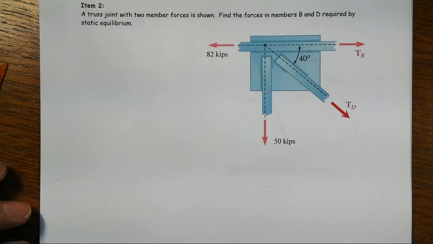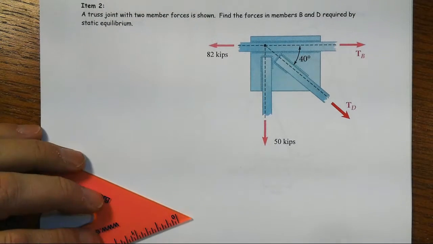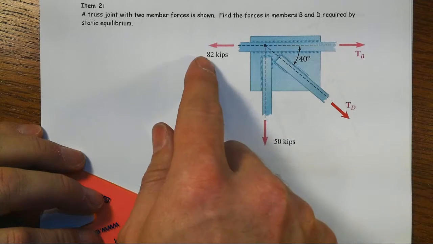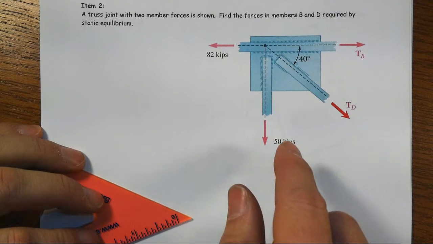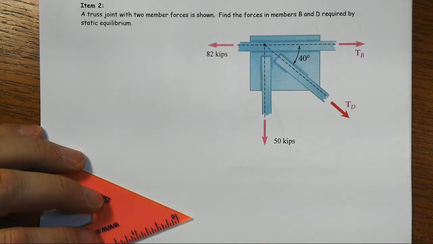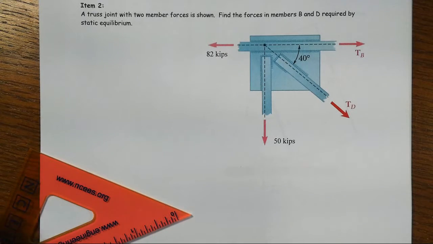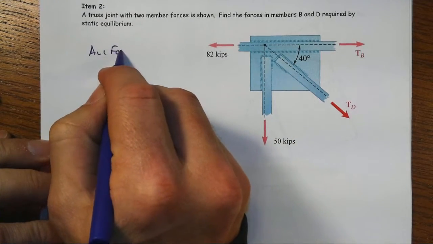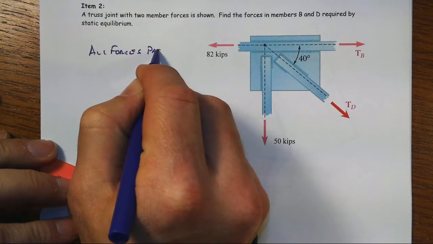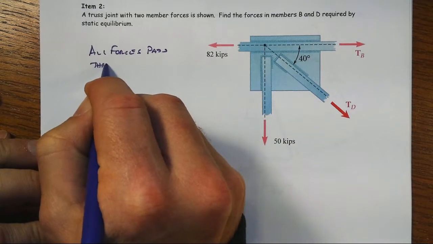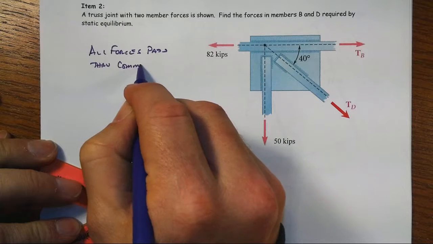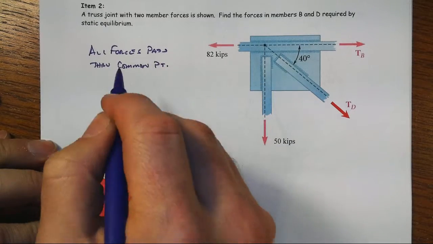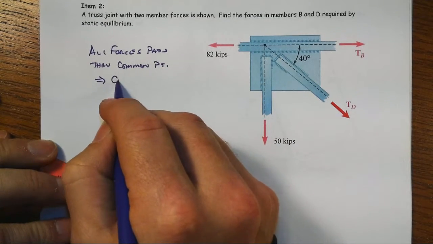In this item, we are asked to find a couple of unknown member forces. We have one member that has 82 kips of force, the other has 50 kips of force. We recognize that we have all forces pass through a common point. It's called the working point, and that tells us that we have a concurrent